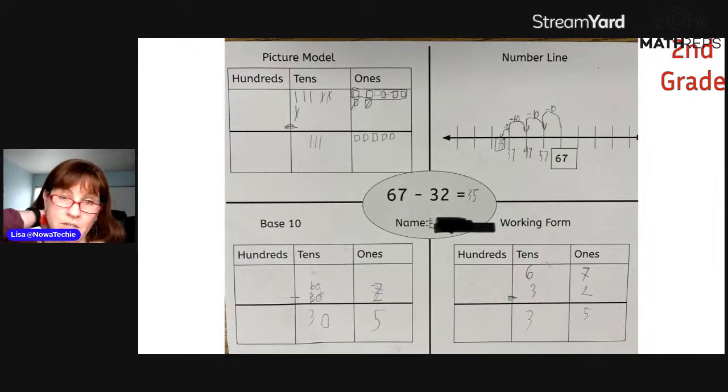And we did it on, as you can tell, paper, and we used pencil. I was here for it. So this is what the teacher wanted. So again, we're just going with what the teacher wanted. And so 67 subtract 32. And then I put the 67 there for the students, and we talked about jumping backwards by 10, which of